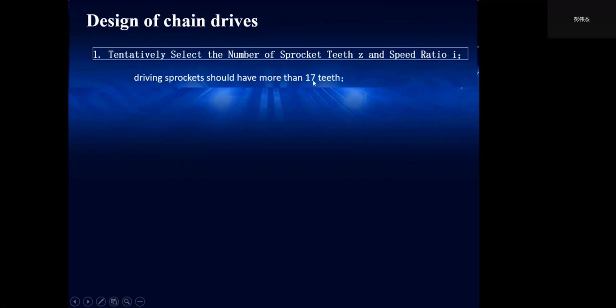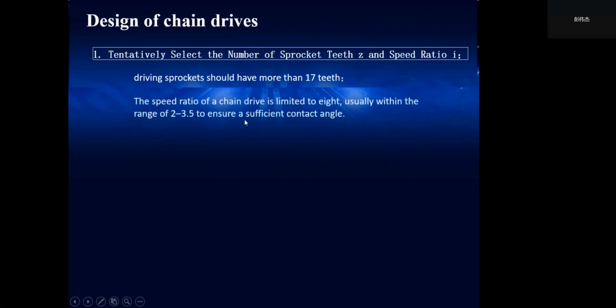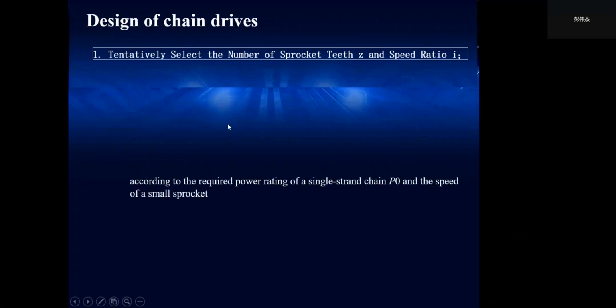Because if the number of teeth is small, the polygon effect will be very large, and the speed ratio is usually within the range of 2 to 3.5, and